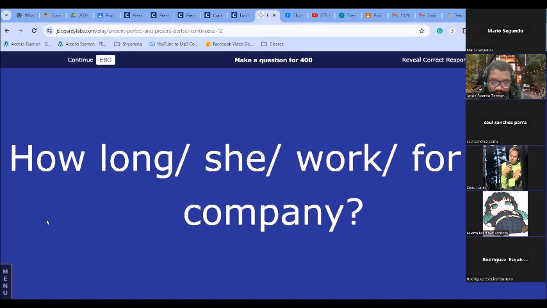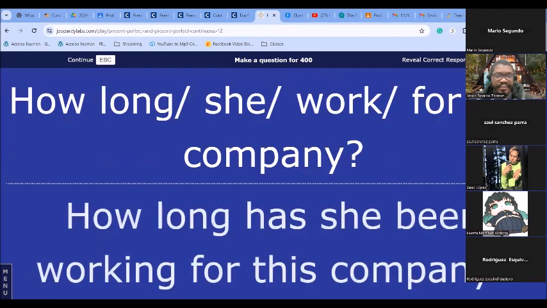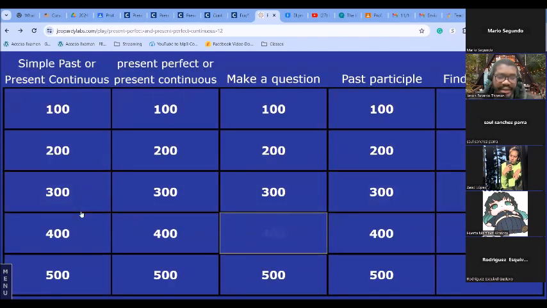Oh, how long is she? How long has she been working for this company? Continuous form. How long has she been working for this company? All right. Hope you guys have gotten the idea now. All right. Let's go to